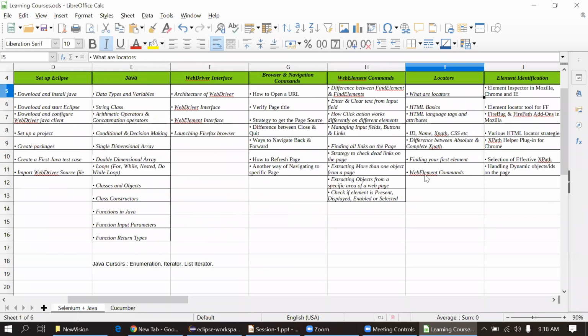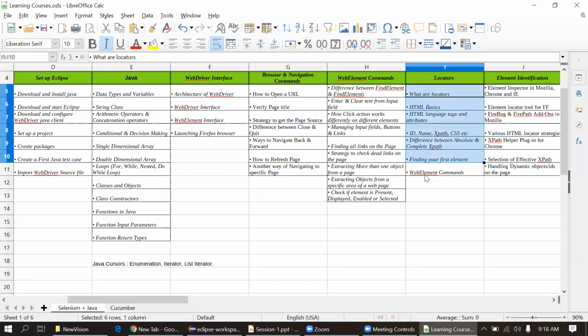Then locators. Suppose there are, as I said, multiple locators on the UI, means multiple web elements. So we have to find the locators for that. Okay. So locator means what? Suppose there is checkbox. So we have to write an XPath actually, a locator for that particular web element. Then only we can perform some action on that. So that is a locator actually. Just understand the high level only.